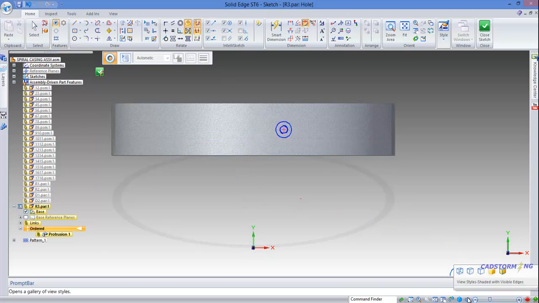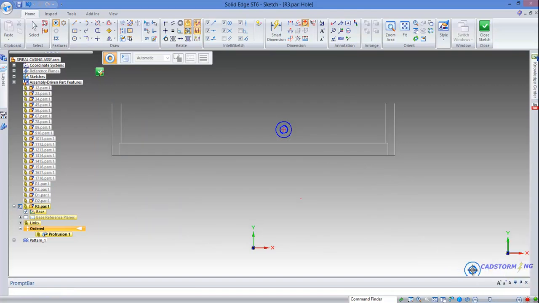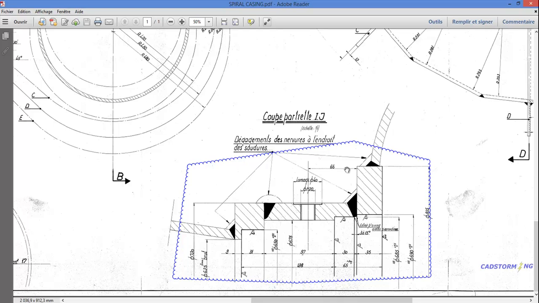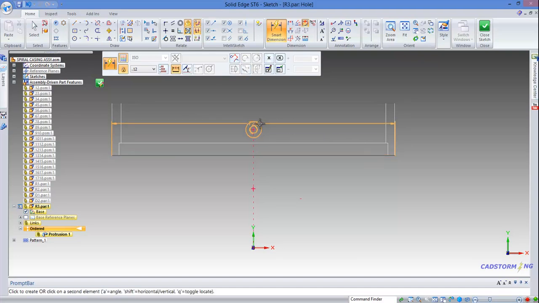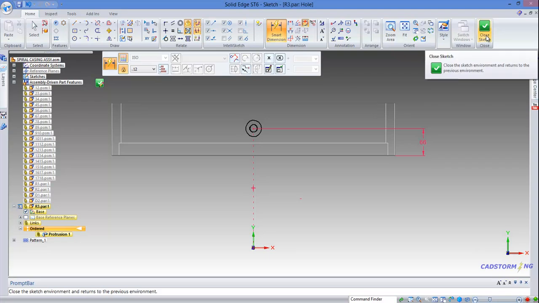we can make sure that the hidden edges are visible. Now we will use the horizontal and vertical tool to align the hole with the y-axis, and to finish we will enter this 66 dimension from this edge of the part to the center of the hole, so 66, and then enter. And now we can close the sketch,